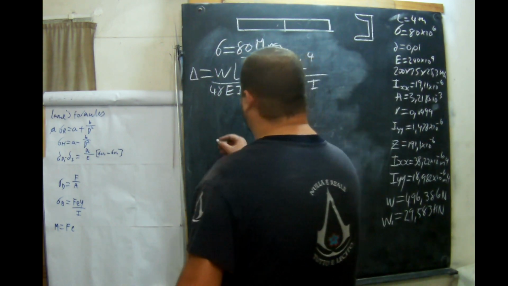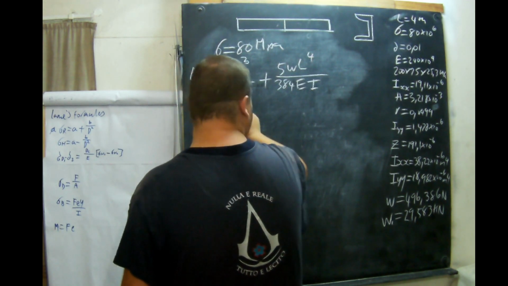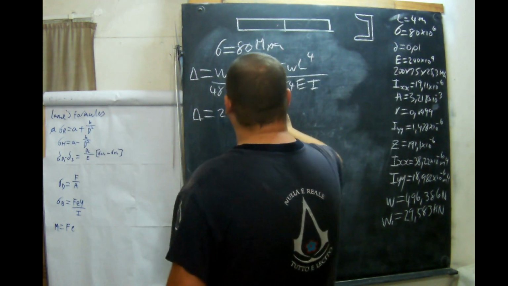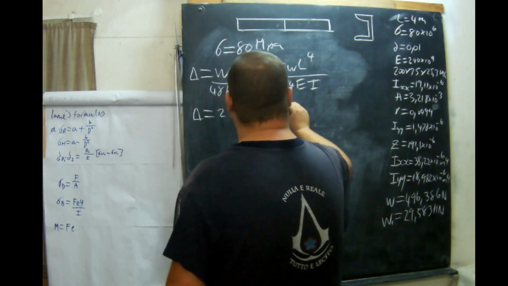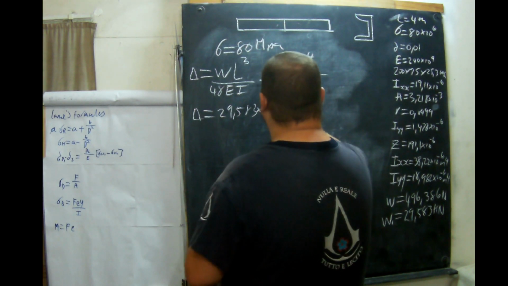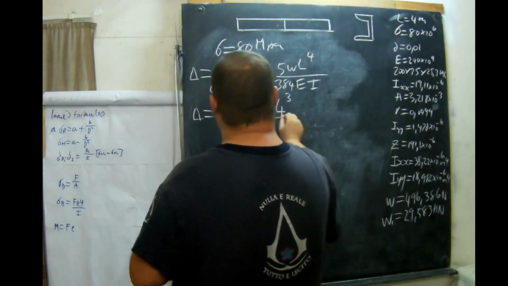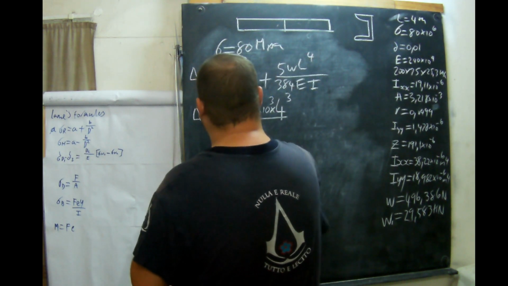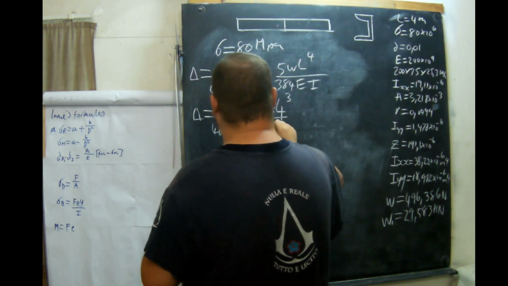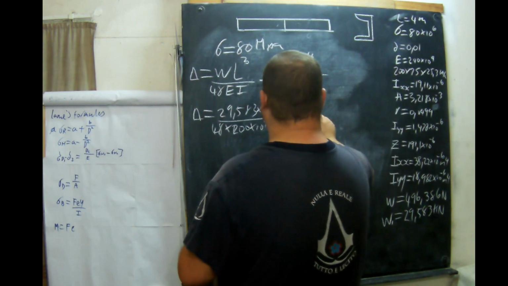So all we need to do to get our deflection is 29,583 times 10^3 times 4^3 all over 48 times 200 times 10^9 times 38,22 times 10^-6